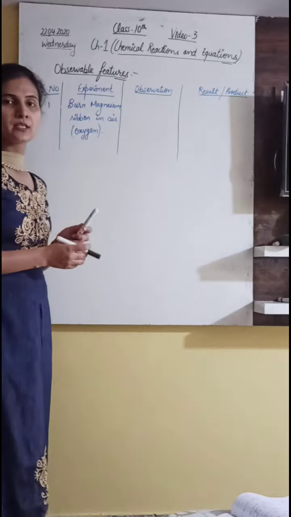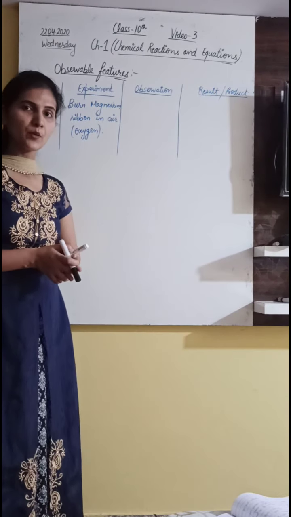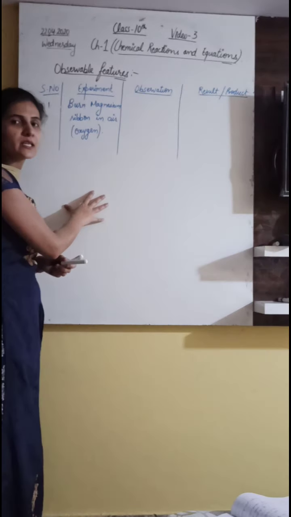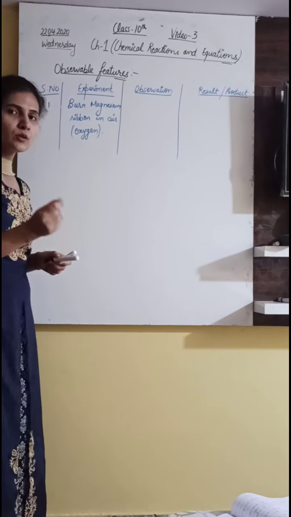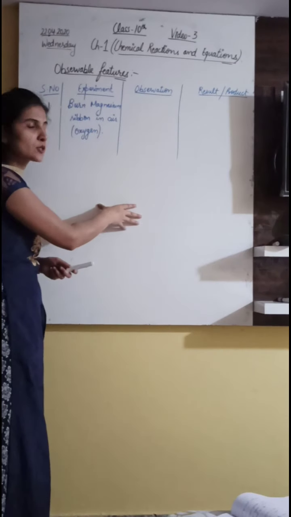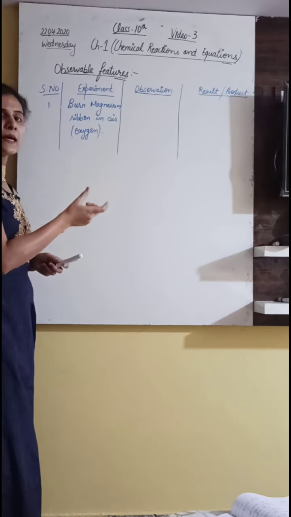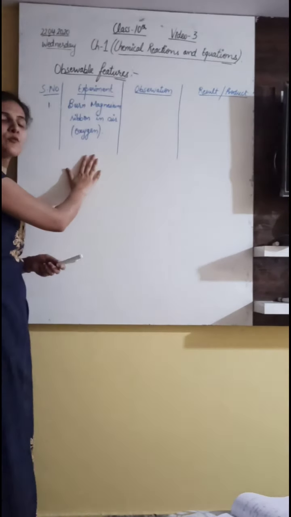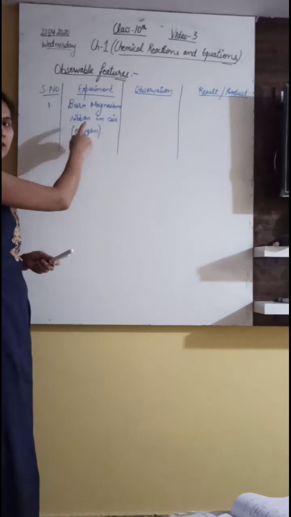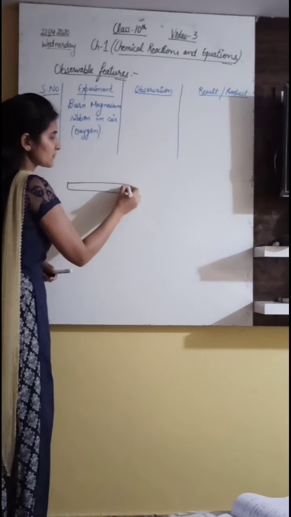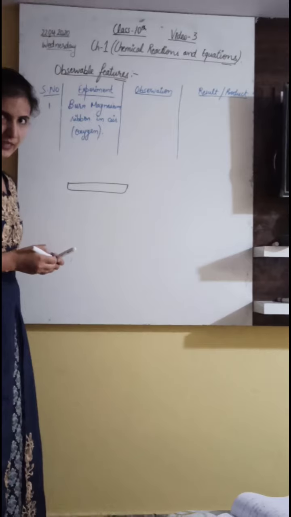reaction is this reaction, and again this reaction is very important. So we can write the chemical equation in this form also. Generally in the lab manual or our practical files, we have to write the experiments like this only. So I have written a demo-like structure here. So what is the experiment? We will burn magnesium ribbon. Ribbon means a long ribbon-like structure which is made up of magnesium.